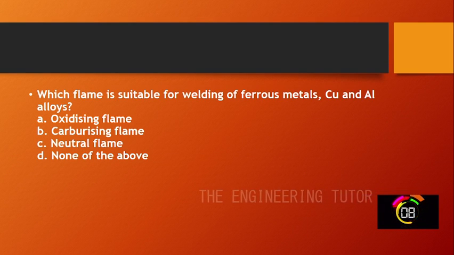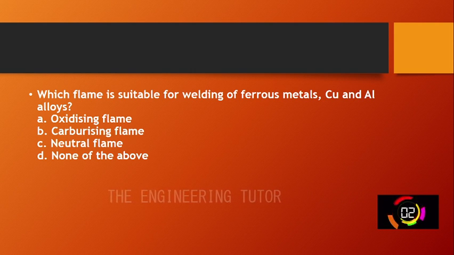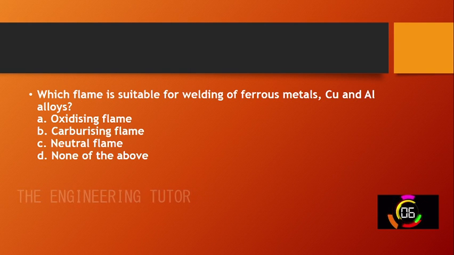Which flame is suitable for welding ferrous metal, copper and aluminum alloys? There are four options: oxidizing flame, carburizing flame, neutral flame and none of the above. Mainly there are three types of flame that we are using for gas welding: oxidizing, carburizing and neutral